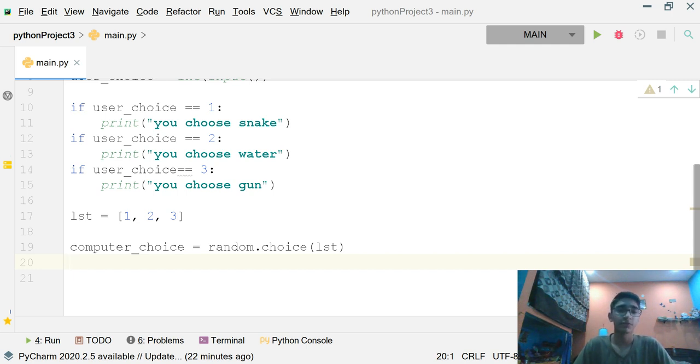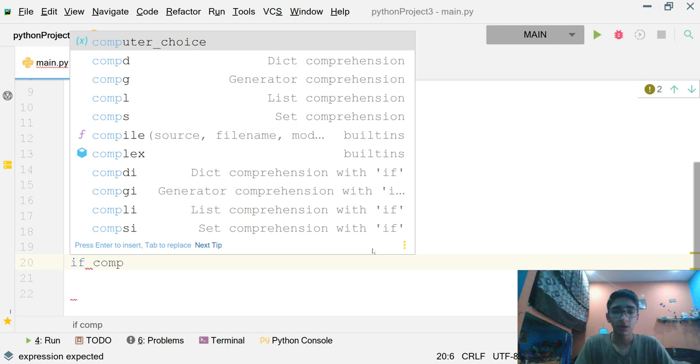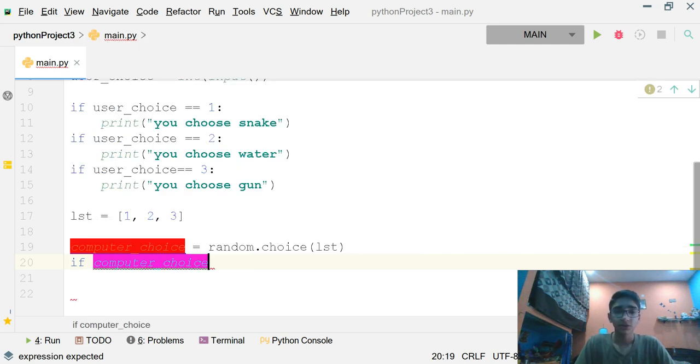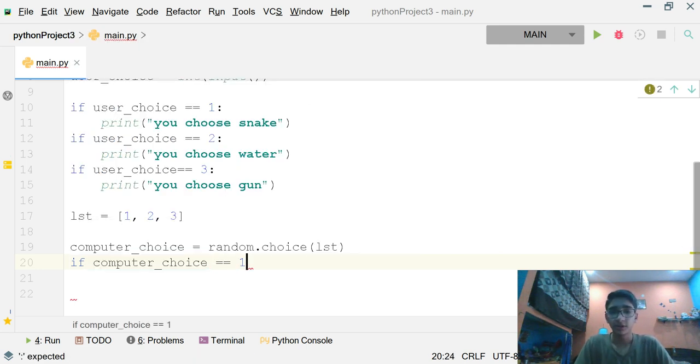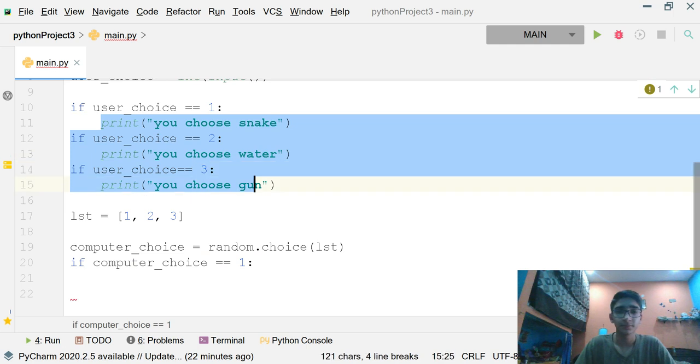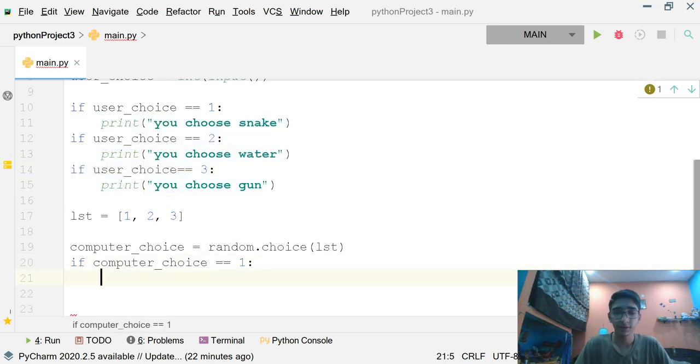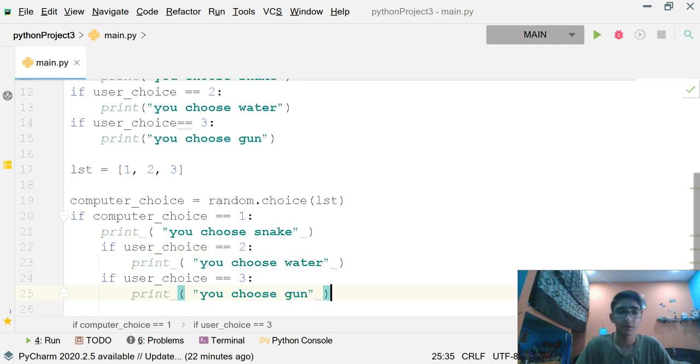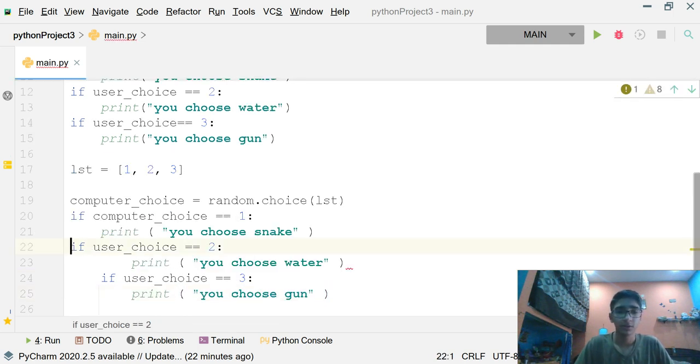Now if computer_choice equals 1, we'll write those same things. Let me copy this, and then we will basically edit it.